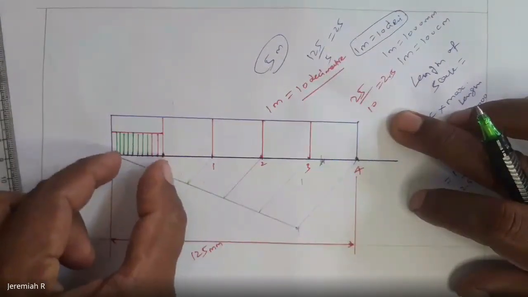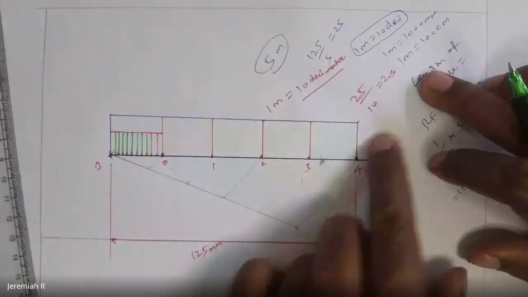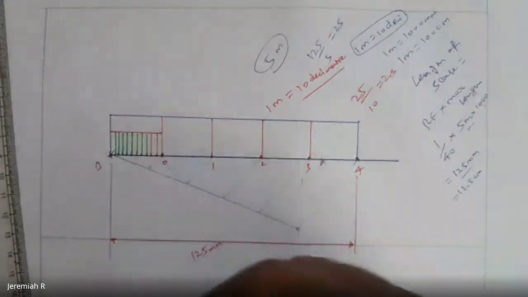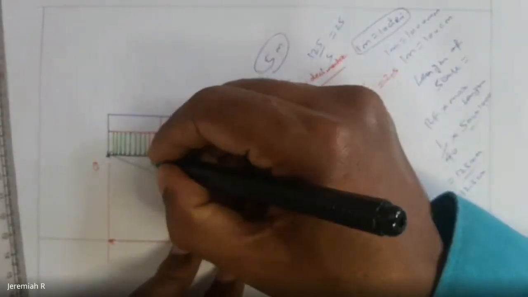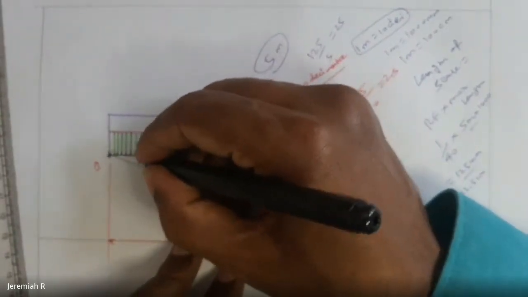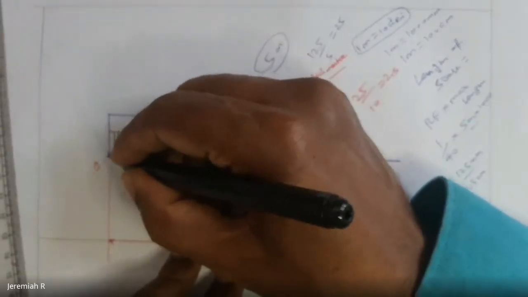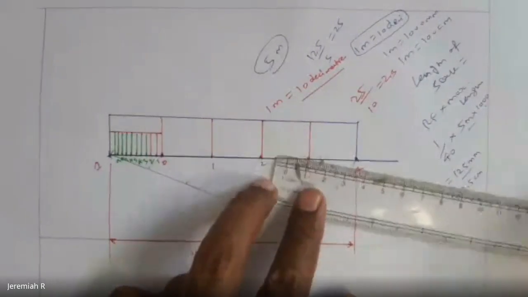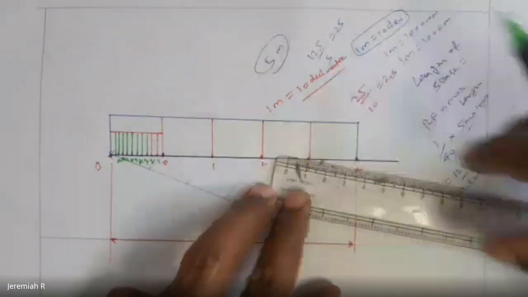This I'm going to divide into 10 based on the unit. 1 meter is 10 decimeter, so I'm just dividing by 10. So 2.5, 2.5, you get some points. Then what you have to do? Here, you have to give some names. This side, 1, 2, 3, 4, 5, 6, 7, 8, 9. Like that, we have to give some names here.